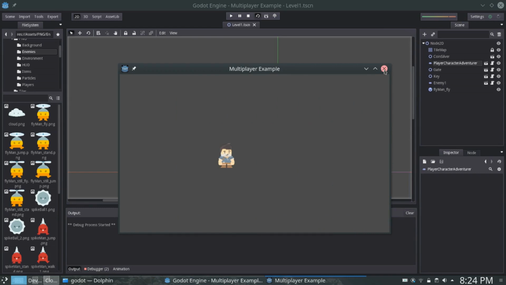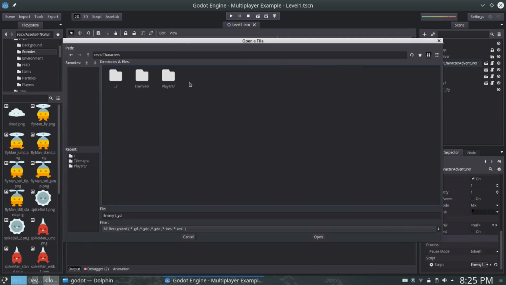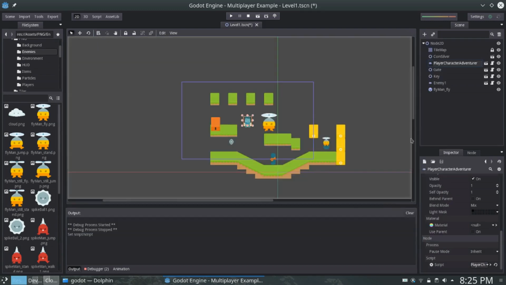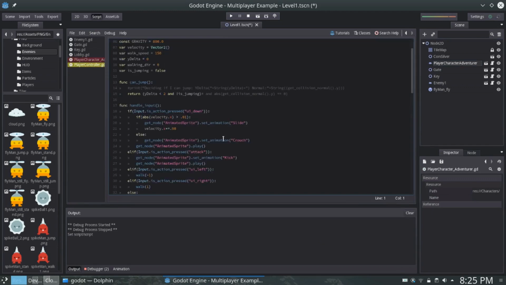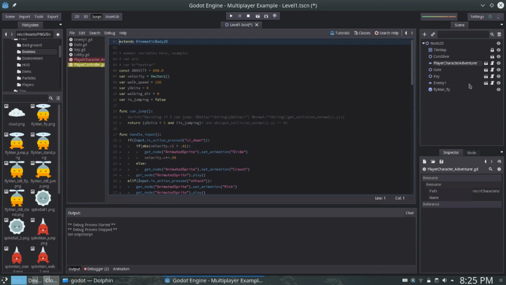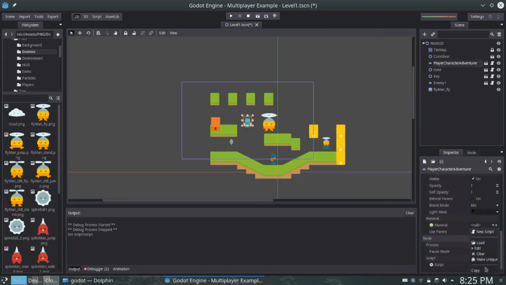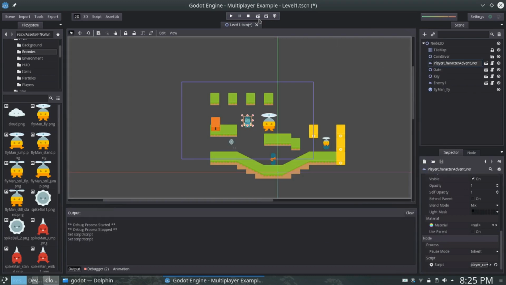He's going left. Now, that's not the desired behavior for a player character, so I'm going to go ahead and reload the player character adventure.gd. So I'm going to open that up, and let's make sure that that's the one. It looks like that wasn't it. It was player controller. I renamed it, and I forgot because I'm silly. So I'm going to do that one more time, only this time I'm going to load the right script, playercontroller.gd, and if I run again,